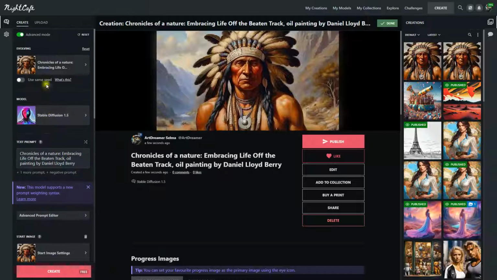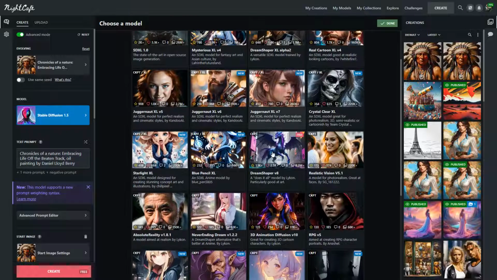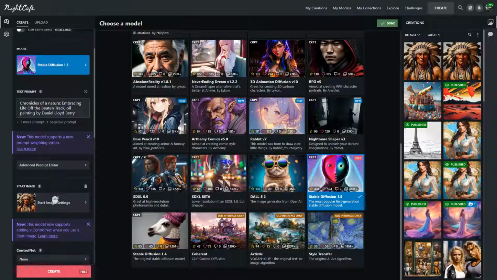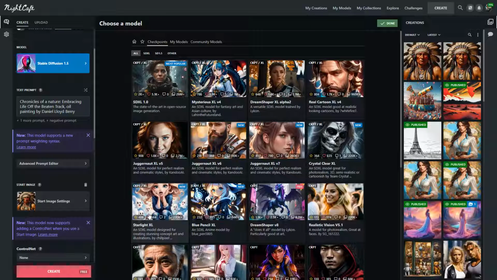And notice I'm using the Stable Diffusion 1.5. Now, someone had commented on a video saying that it was really hard for them to find this model. So just remember, when you're finding it, I clicked on checkpoints, clicked on all, and then I simply went down the list, and there it is, Stable Diffusion 1.5. It stands out because it does have the free logo right here. And once you do select that, any changes you make will be done for free without using any credits. Now, if you're new to NightCafe, you do get credits through the challenges.